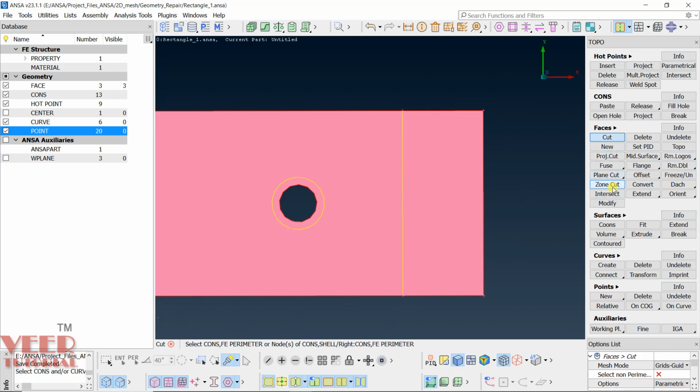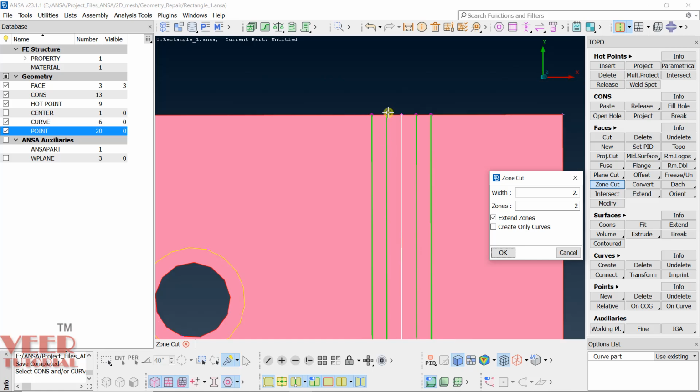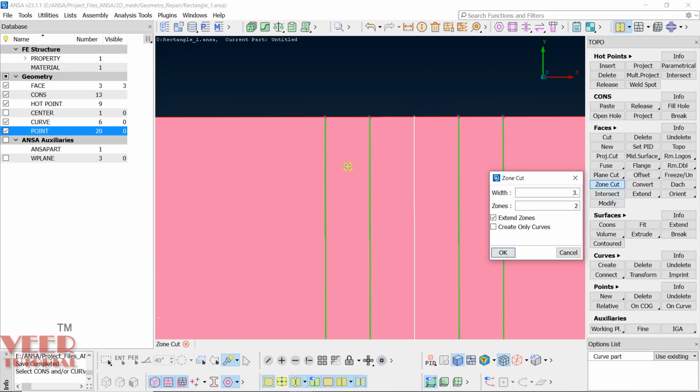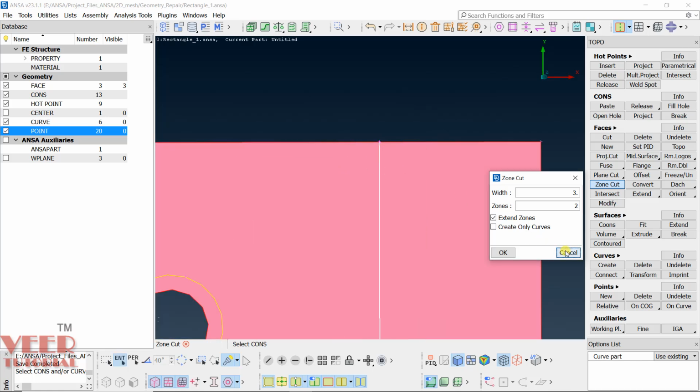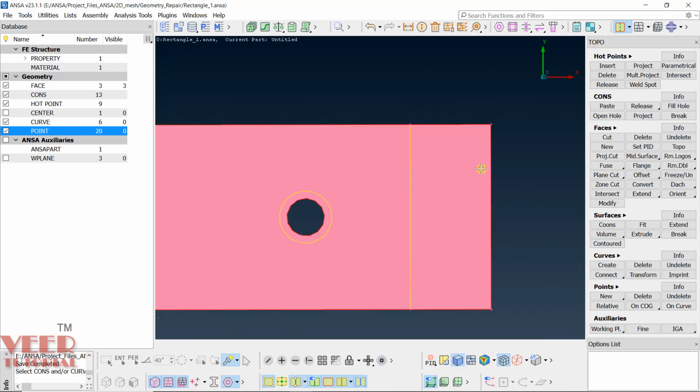Now once again go to zone cut and let's say this time I will insert zone 2. So see what will happen. Select this line and click OK. Now you can see 2 zones have been created. If I select 1, you can see it will create only this line, but here I have selected 2 zones. It means 2 pairs of lines will be created. Similarly, if you increase the width here, you can see the width will be increased. So in this way this zone command works. So I will cancel here to undo from the command.